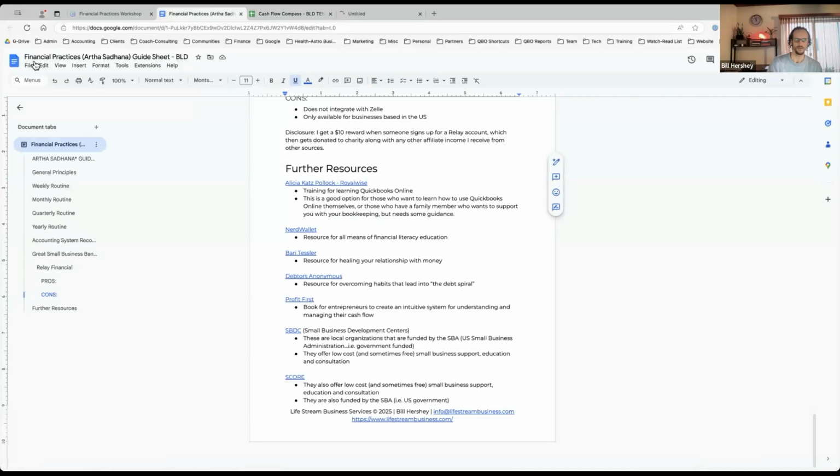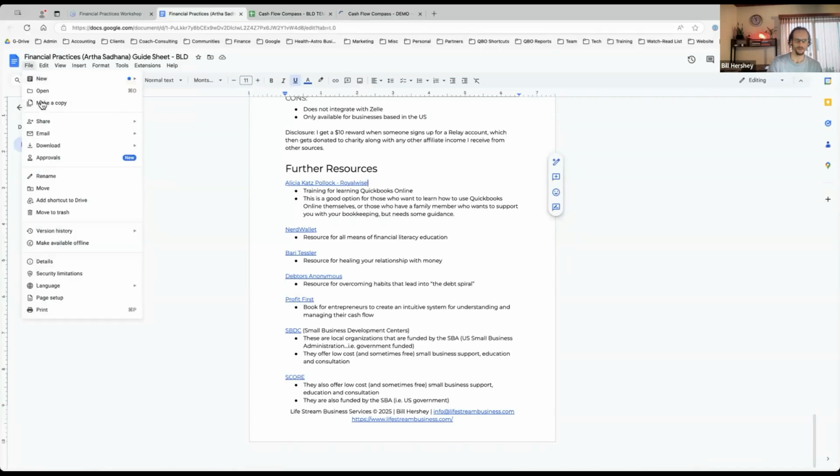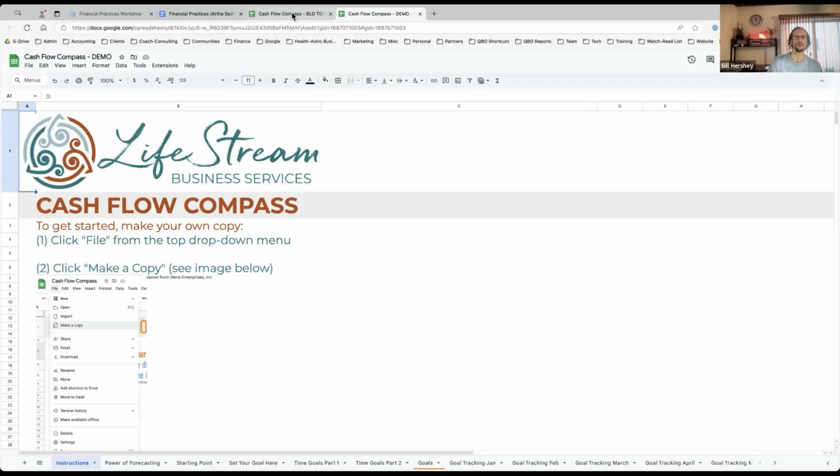And if you wanted to do this with the financial practices guide sheet, you could too, and you could start making your own notes in there. Maybe you customize your own weekly and monthly routine with links or different things, links to certain bank accounts that you'll be checking, or links to maybe your own tools that you use. If you have a link to, say, your personal bookkeeping Google Sheet, spreadsheet tracker, or whatever it is.